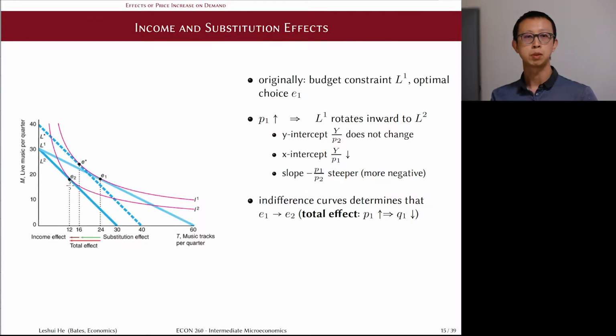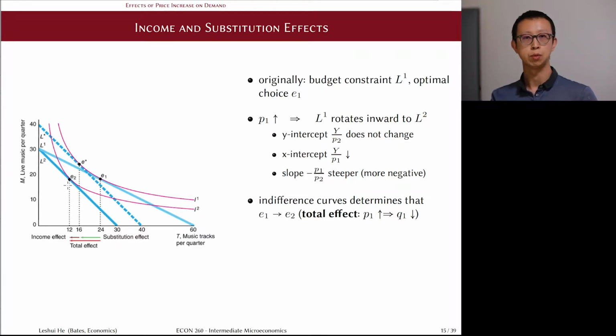Consequently, as the optimal consumption bundle changes, both demands for good 1 and good 2 change. We refer to this change in demand from the change in price as the total effect,